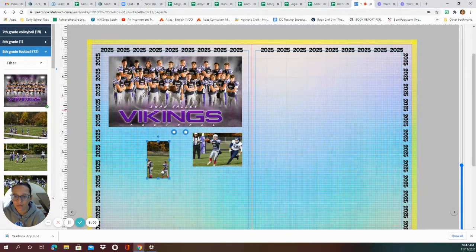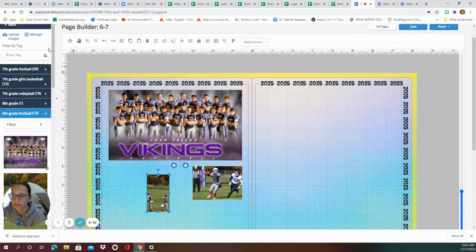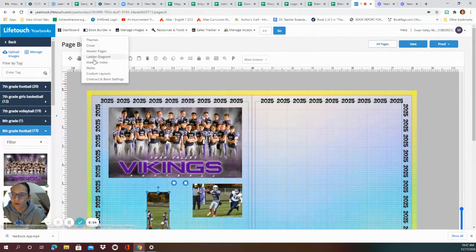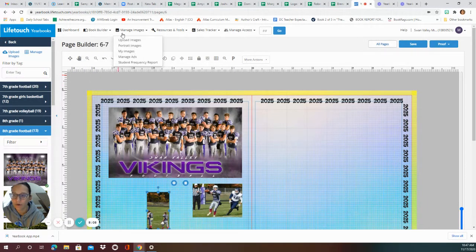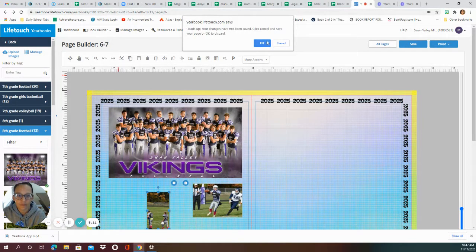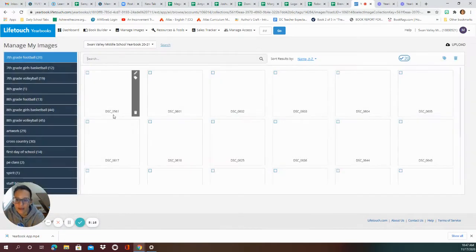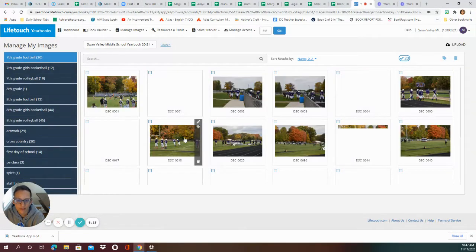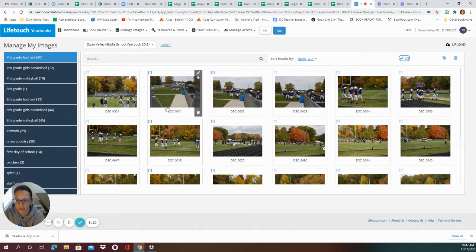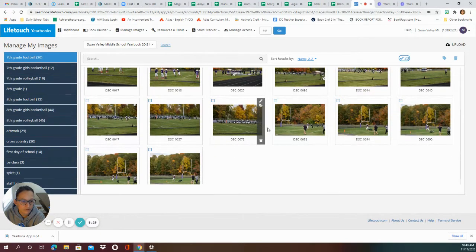So that's it within the page. I'm not going to save. I'm going to go to our pictures, so I'm going to go to my images, because I don't want to save it. And I want to make adjustments to, let's say, a picture. So let's make adjustments to